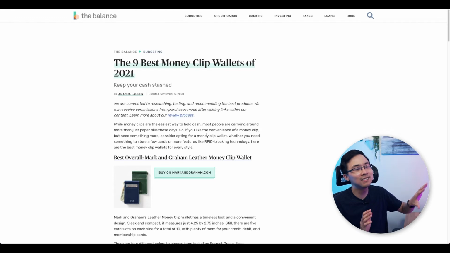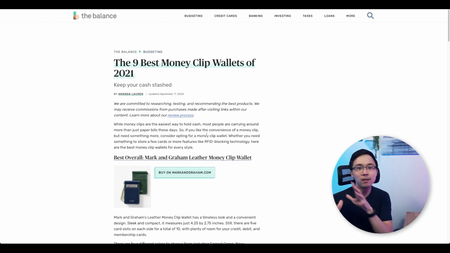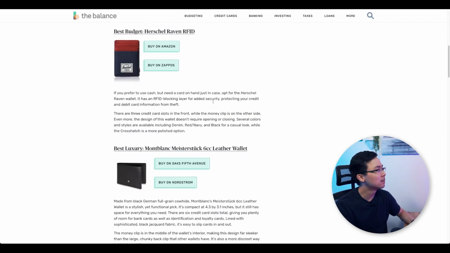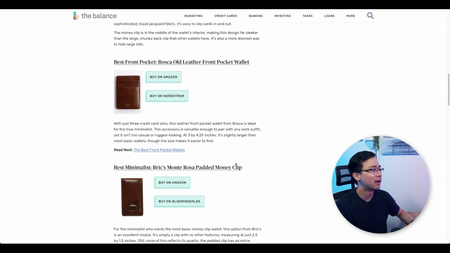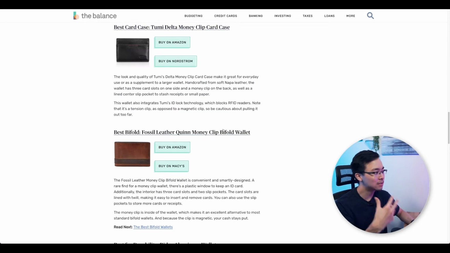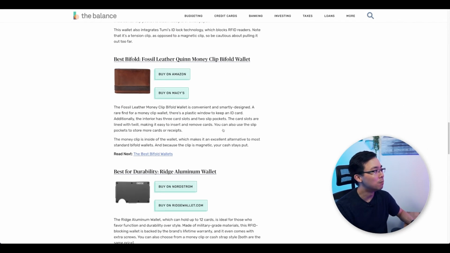Just for context, in case you didn't know, The Balance is part of Dotdash, I believe, which is a massive conglomerate that runs a ton of satellite websites that each cover a different topic. They cover a ton of informational content, but they also create a lot of long-form content like this, in which they go after best-of phrases. The reason is that they make a lot of money from referring people to these different products. So The Balance has created a post around this particular phrase, which really validates that this space is open for the taking.